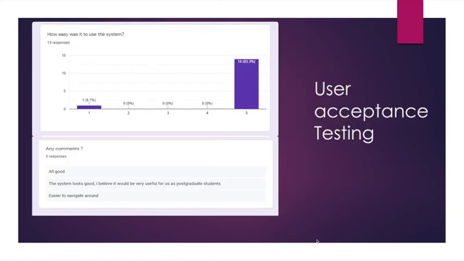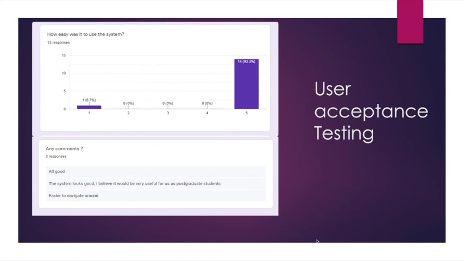As for the user acceptance testing, the usability of the system was evaluated by users from UTM.